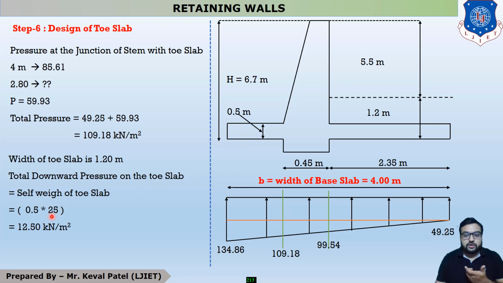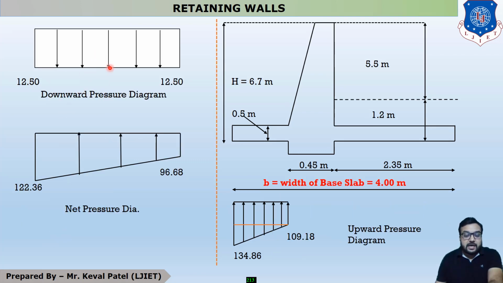So the density of concrete is 25, and the thickness of this portion is 0.5 meter. So our total downward pressure is 12.50 kilonewton per meter square. This downward pressure is uniform